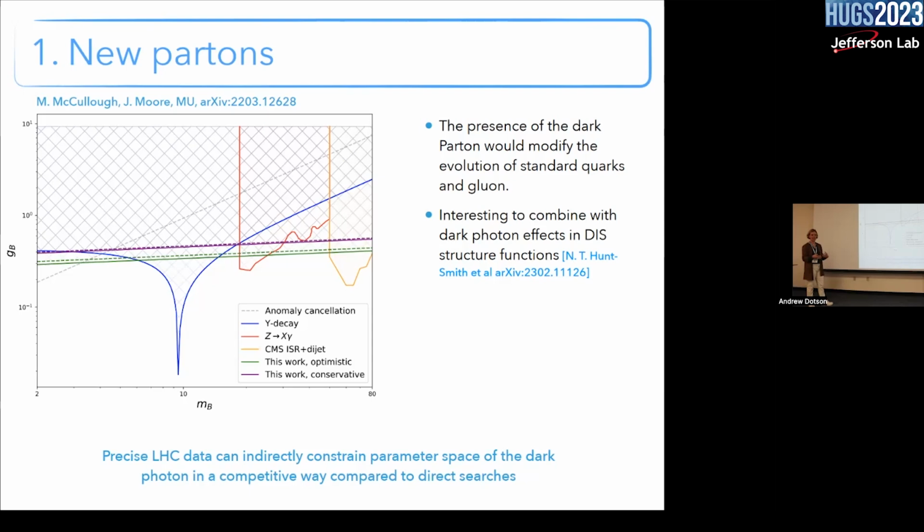So looking at the data, especially in the high luminosity, you can exclude some of the parameter space of the dark photon in terms of mass and coupling. So these are the two lines that we found in the conservative and pessimistic scenarios. If you're very optimistic, it gives you a constraint in this region where the direct or indirect searches for dark photon were not present, and also it lowers a bit the bounds on the gamma